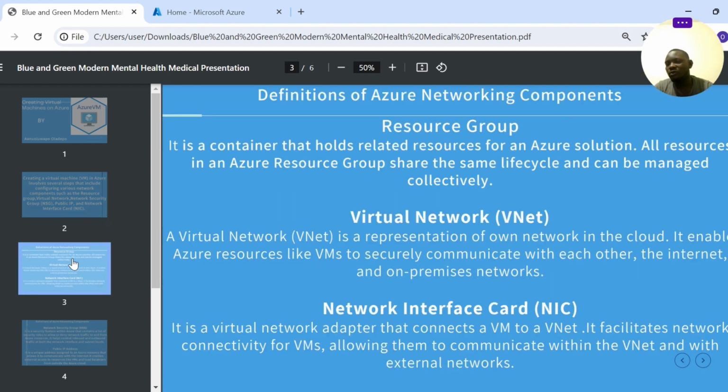The first thing we are going to be creating is our resource group. It's a container that will host every resource that we'll be using to create our VM. Everything will be in our resource group. After creating our resource group, we move to our virtual network, which is our VNet. It is our own network in the cloud, that is, it sounds like our private IP. And from it, we are going to be creating our subnets that will be attached to our NIC,